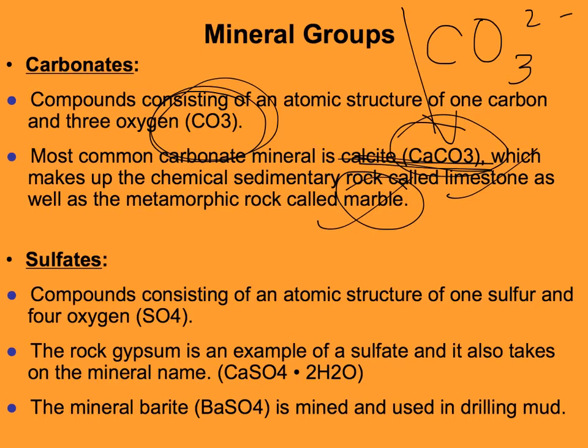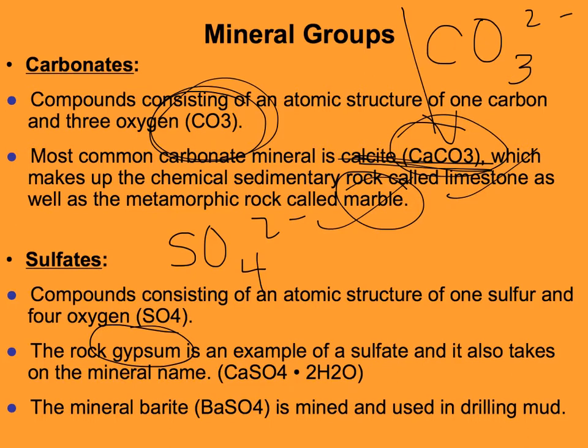Sulfates, if you remember from Science 1206, there's a polyatomic ion called SO4 2 negative. And so always look for the SO4 in a formula to determine that a mineral belongs to the sulfate group. So there's going to be one sulfur and four oxygens. So an example of a sulfate mineral, just one example I'm giving you here now, is the mineral gypsum. And as you can see, gypsum is